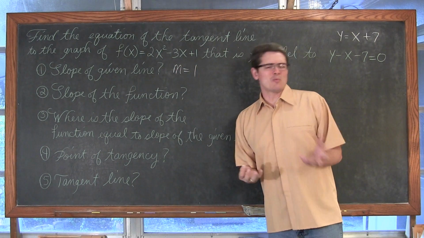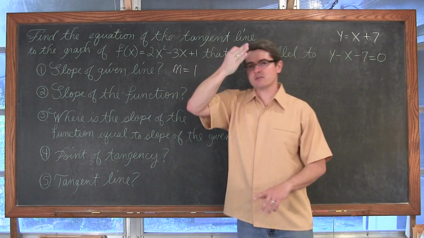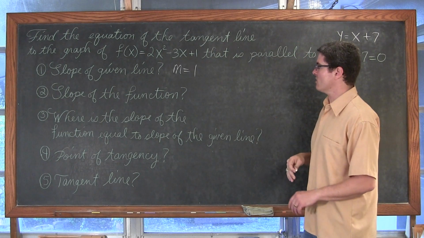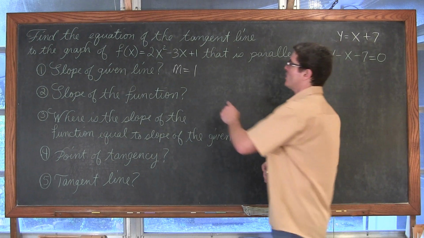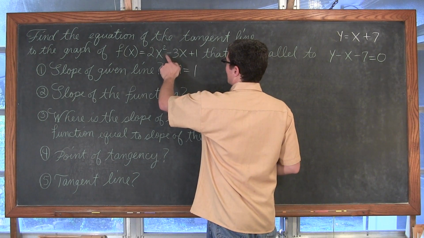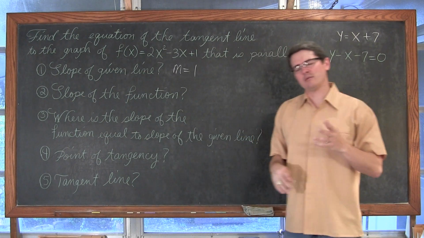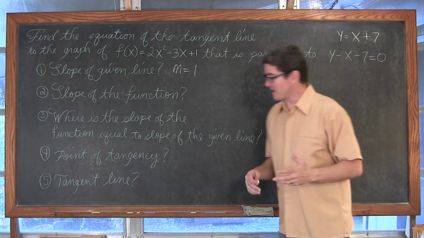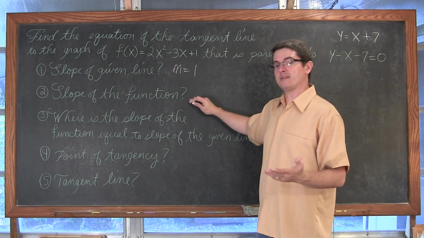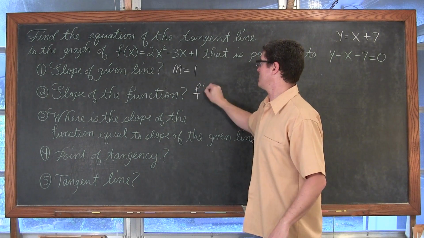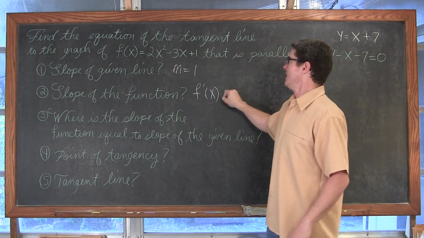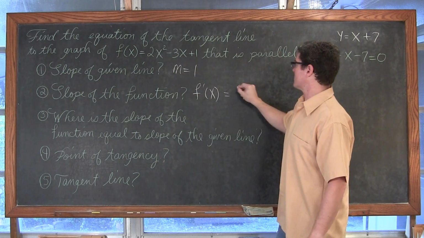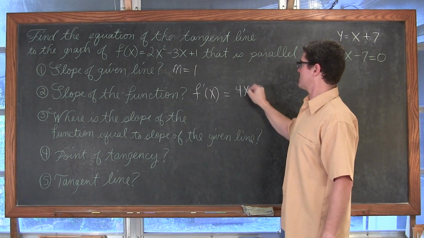Okay, well, what's the slope of the function? Because this is a parabola, and it's, of course, now that we know, constantly curving, and we can find that slope. Where is the slope of this parabola equal to 1? Well, I could use the definition of the slope of a tangent line at a point, but I could just write that derivative down, like I said we were going to use in a previous example: the derivative of f of x is equal to 4x minus 3.